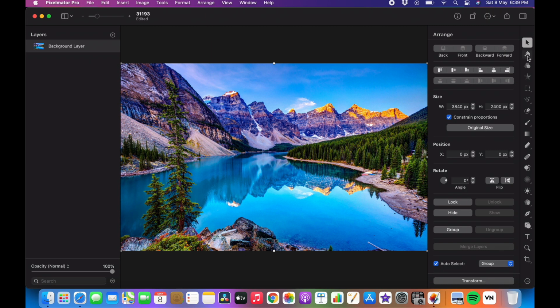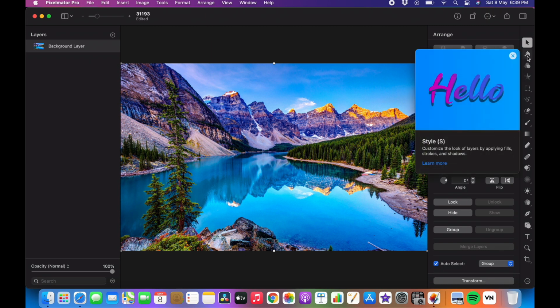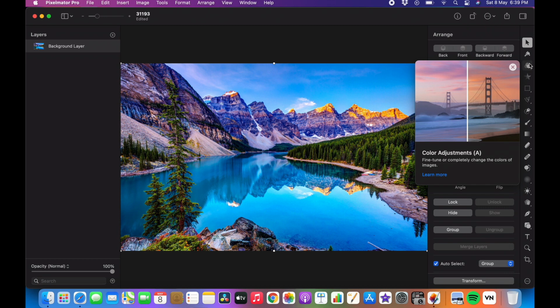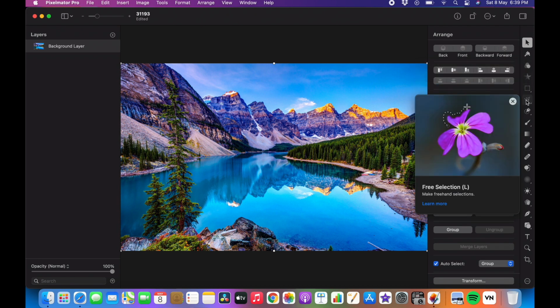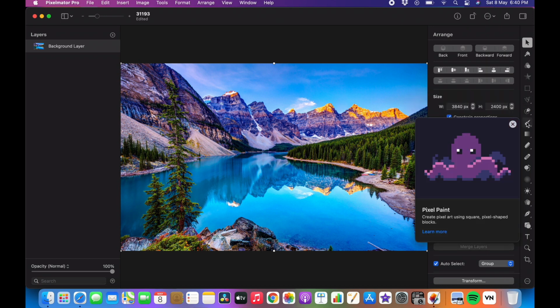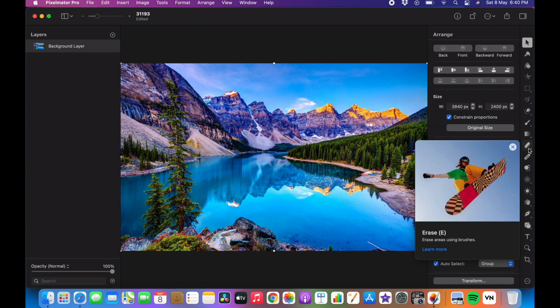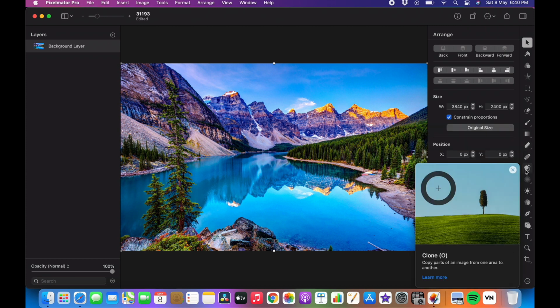So as you can see, these are all the basic functions over here, like style, color. If you need to do any color adjustments over here, you can do it, but today I will not do any color adjustments. I'll just show you how to proceed with LUTs. So these are all the effects. The quick selection, like you can select the part of the image you want and then apply the effects and adjust it. So as you can see, all these things are over here.